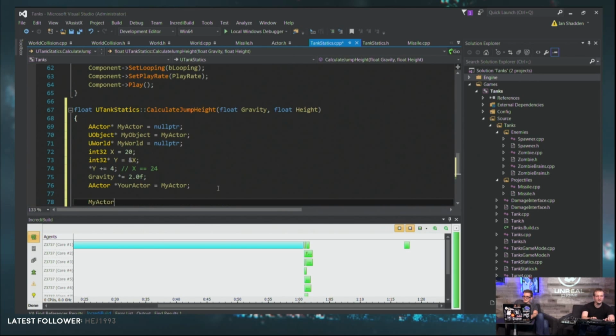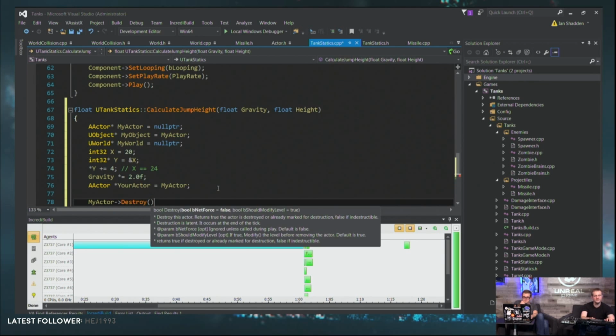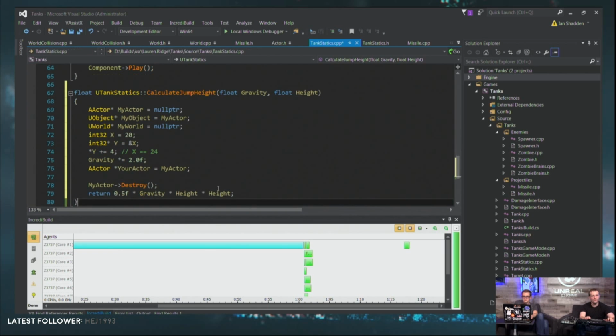So when we destroy this, what's nice is, let's pretend that these were both U properties instead of just local variables. When we destroy this, all the other U properties that are looking at this actor will know that it's destroyed. So your actor will become null by destroying my actor, since they're pointing at the same actor. This is great because otherwise, and this is how it was years ago, your actor could be pointing at the location in memory where my actor used to be, but now it's not there anymore.